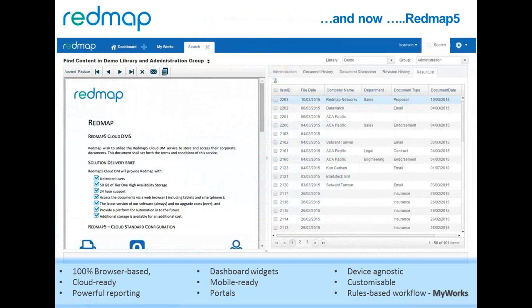But because it's web-based, it'll run on your cloud, our cloud, in your data center, and our data center. It doesn't actually matter. Because it's web-based and because it's written in HTML5, it also is mobile-ready. So we're finding now that more and more of our clients' workforce is becoming mobile. A lot of people are no longer tied to the office. They work from wherever they work. And so having access to whatever they need, particularly from a documents point of view, from anywhere in the world